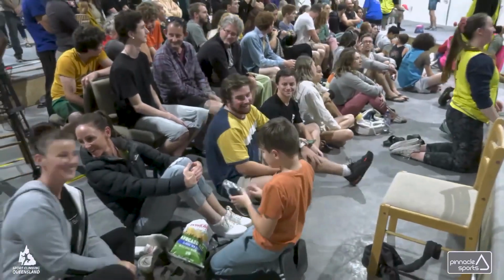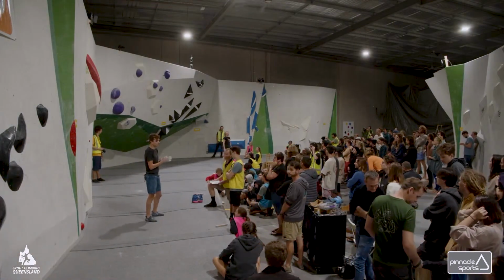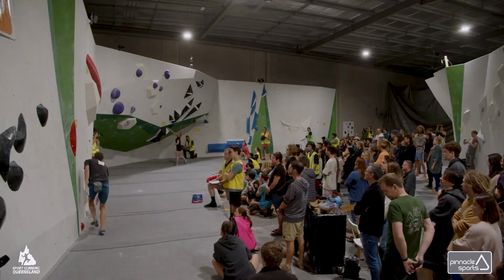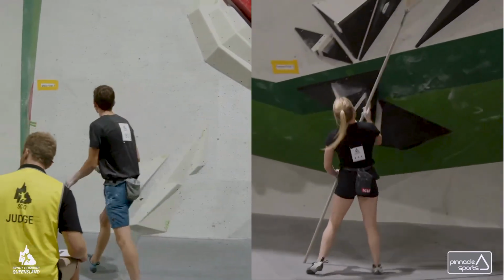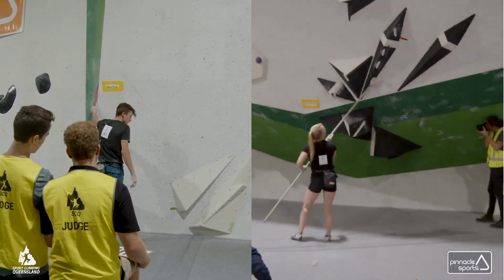We've got our 2 next climbers out, which is Hugo and Lucy. And Hugo and Lucy are the top finishers today so far in the competition. Doesn't mean that that's an automatic win, though. They finished first in the qualifiers. And Hugo,